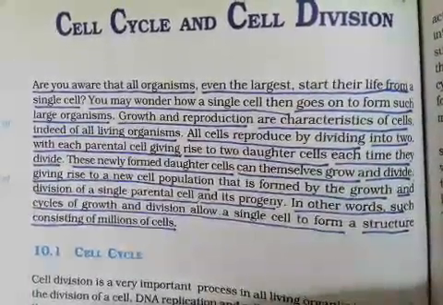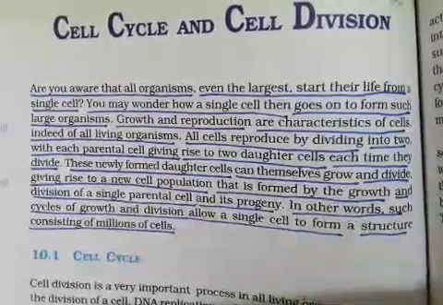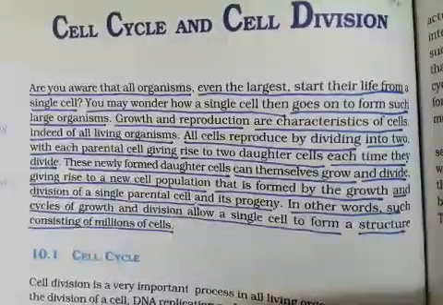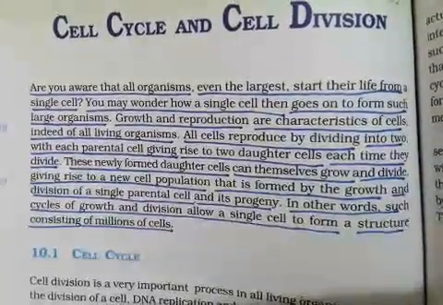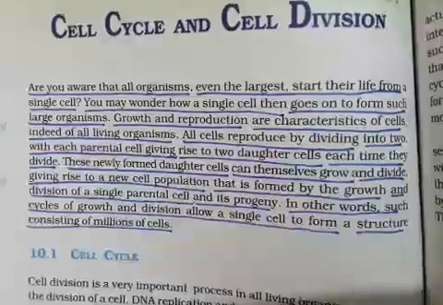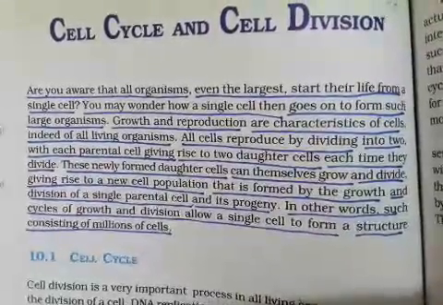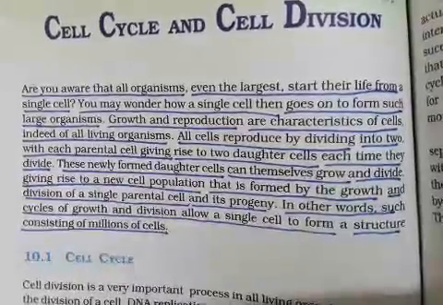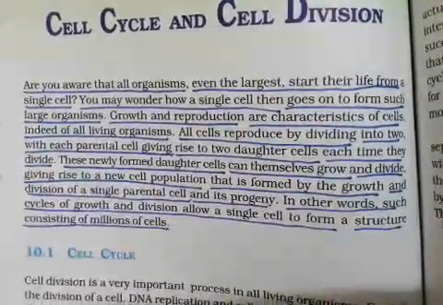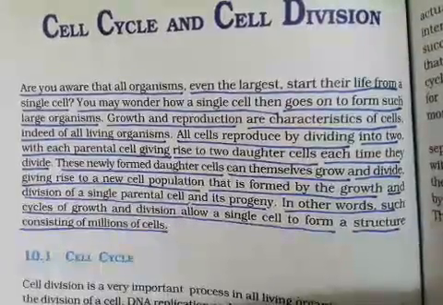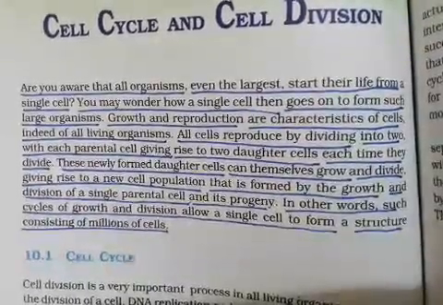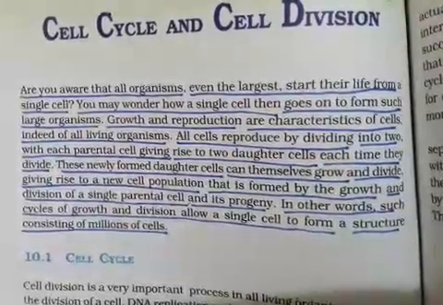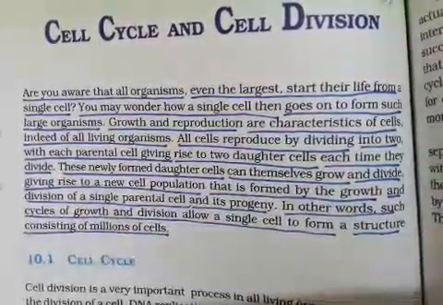This chapter comprises all the events. It comprises two phases mainly, that is the interphase and the division phase, that is the M phase. It explains different types of divisions, whether mitotic or meiotic, which kind of division is found in which kind of cells, and how these divisions are helpful to maintain the life or the number of organisms or species on the earth.